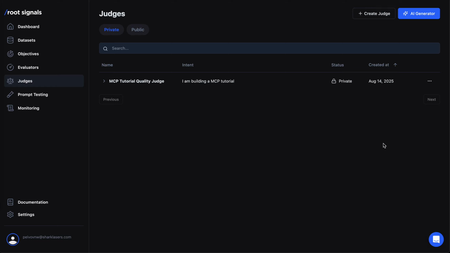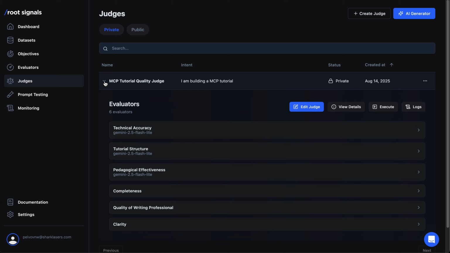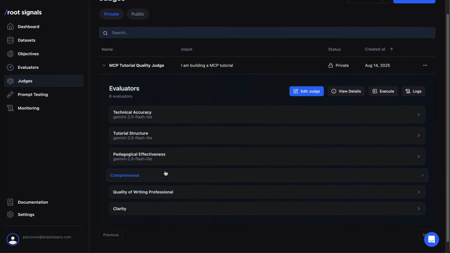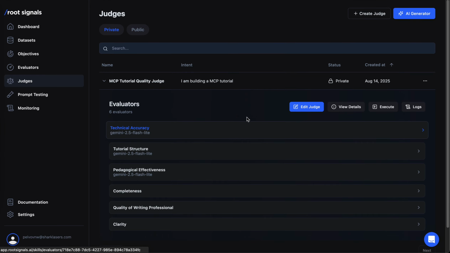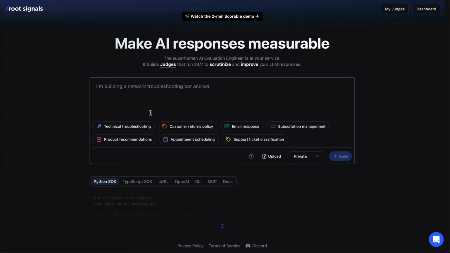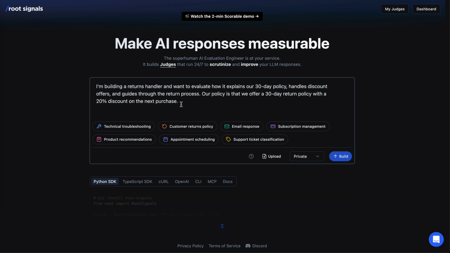This is the judge's view in the Root Signals platform. A judge is a stack of evaluators that you can run on an LLM response, and you can automatically create a judge by simply explaining what you are building. Let's say we have a couple of choices already here, but you can of course write your own application